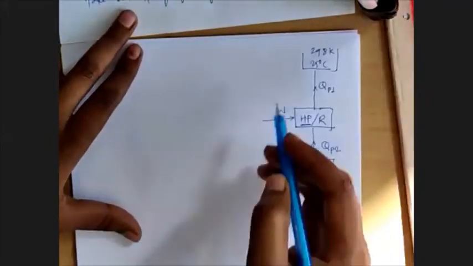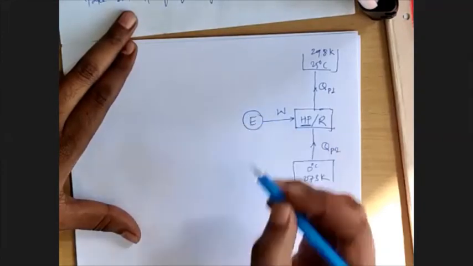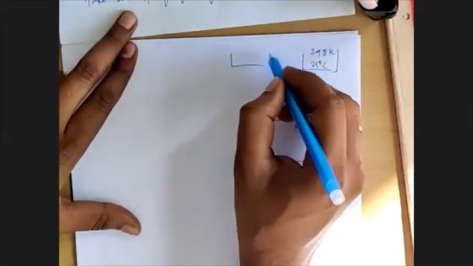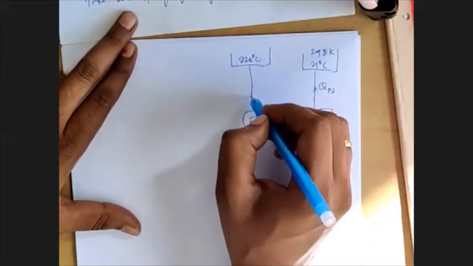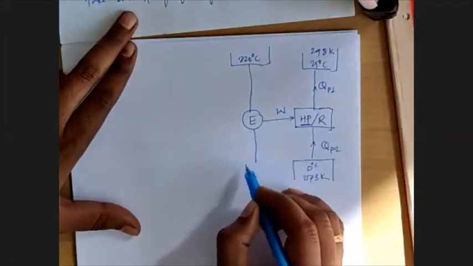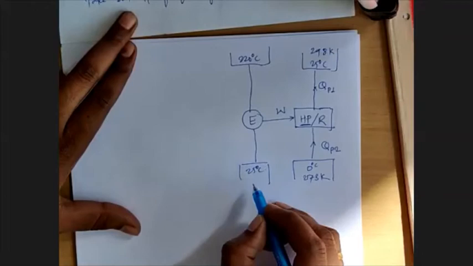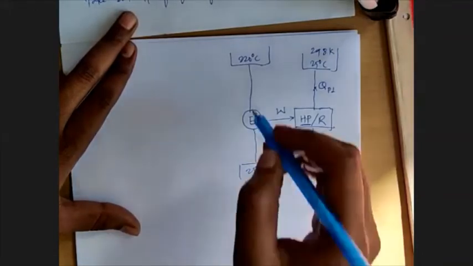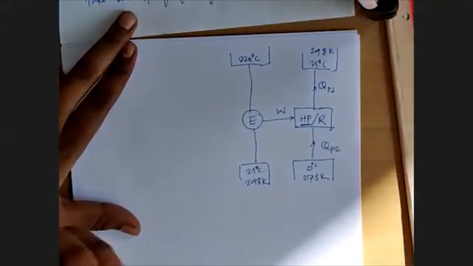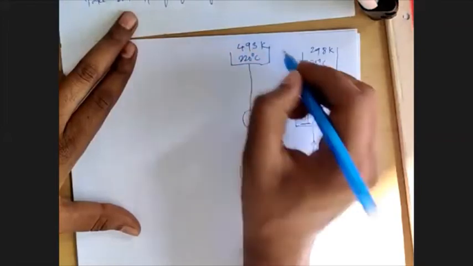So let's bring this Carnot engine also into our sketch. So there is an engine that is taking heat from 220 degrees Celsius. Pratik, convert this into Kelvin, and it is rejecting again to the atmosphere that is at 25 degrees Celsius, that is 298 Kelvin. What is the value of this 220, Pratik, in Kelvin? 493. 493 Kelvin. Okay, 493 Kelvin.